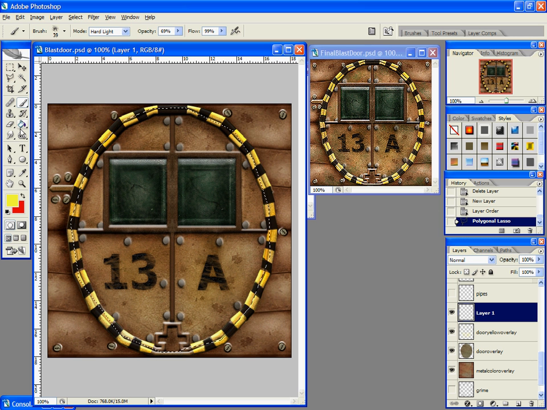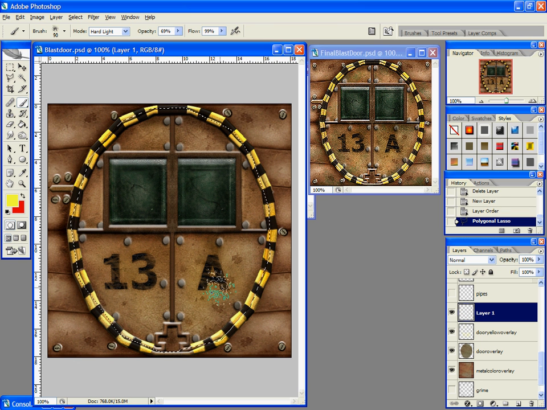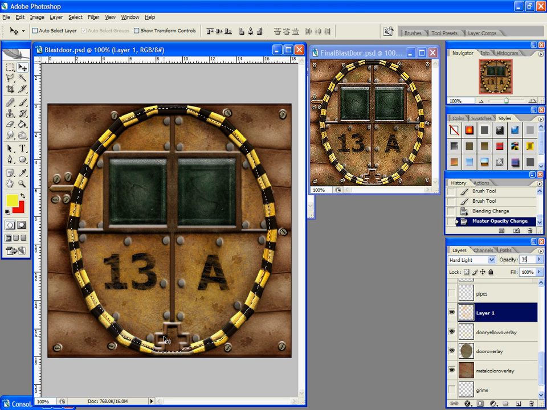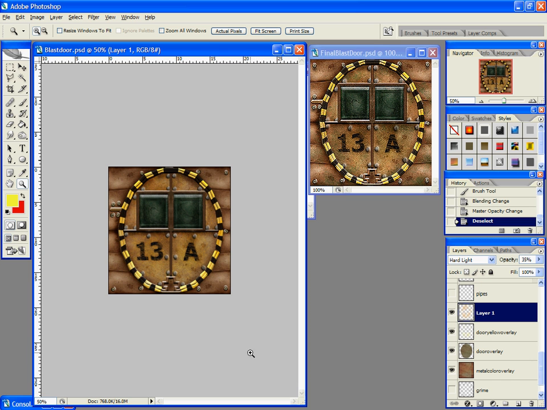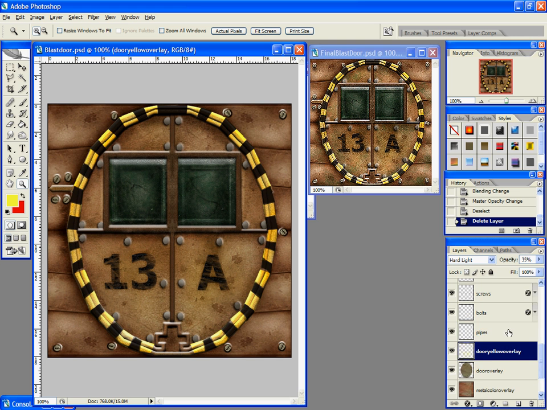You can do this a number of ways. If you want the whole of the door to completely stand out as a different colour, there we go, you can fill it in. Or if you just want sections, you can get that speckle brush back that we used to paint the green and just add a kind of yellow bump, right? And then apply it to hard light, and then I've changed the opacity down a lot, so as you can see now, it stands out a lot more compared to the rest of the texture. So if I get rid of that a minute, right,